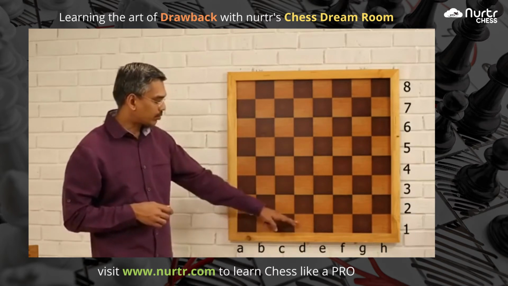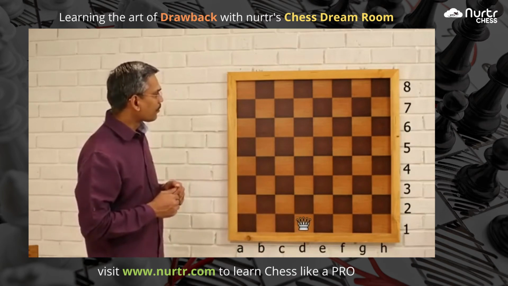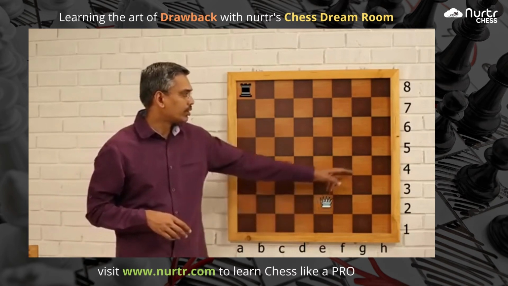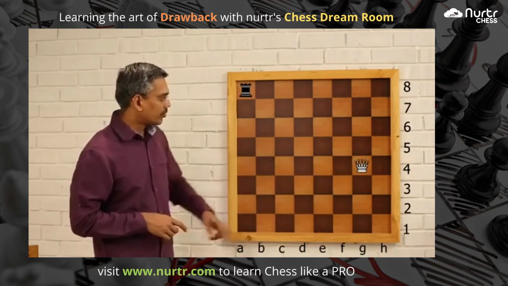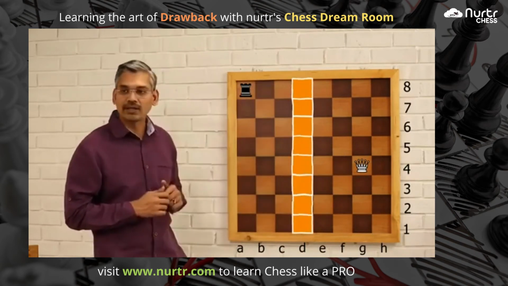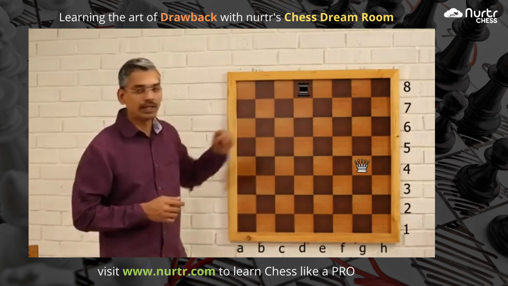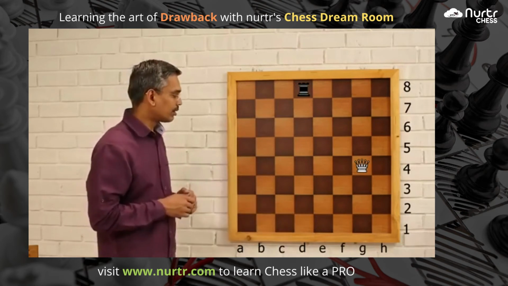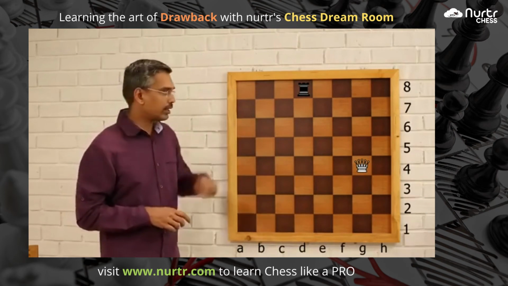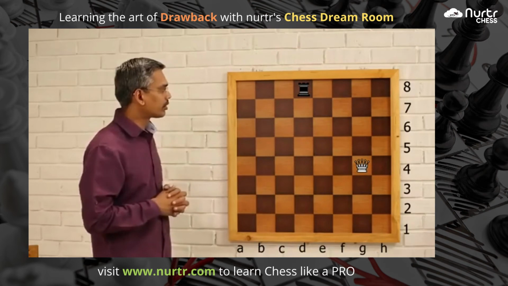Now let's say white has queen on d1. Okay, on an empty board we have queen d1. Now let's say black has rook on a8. Now let's say I play queen d1 to g4. So from g4 it is doing a lot of good things, but it has left the d file. So if I do anything along the d file, for example I play rook to d8, now this was not possible when the queen was on d1. Since I have left the d file, you bring the rook to d8, then that is exploiting the drawback of queen g4. Okay, so I think now you have understood the concept of drawback.